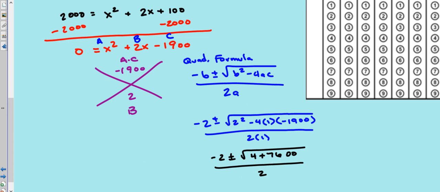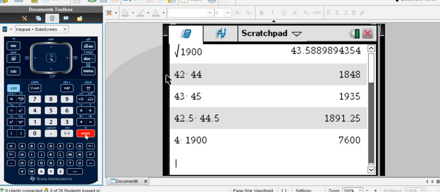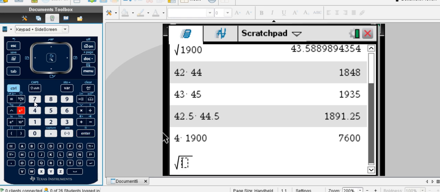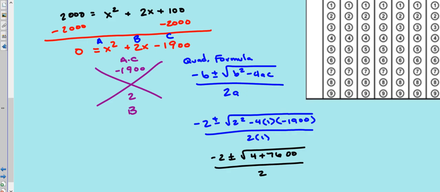the square root of 7,604 is. I'm going to make sure real quick, I had basically 4 times 1900. Yeah, that is that number. Okay, so we would take the square root of 7604 once we add the 4, and so that's 87.2. So I'm going to say here that is negative 2 plus or minus, I'm going over here, and I've already forgotten the number. What was it? 87.2